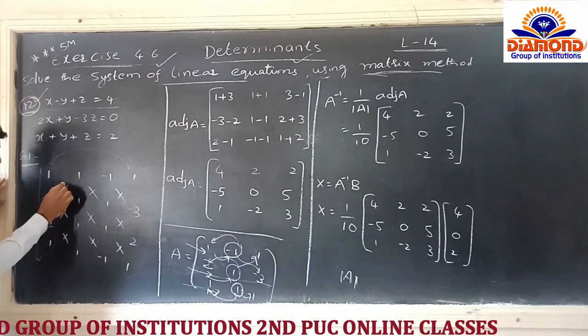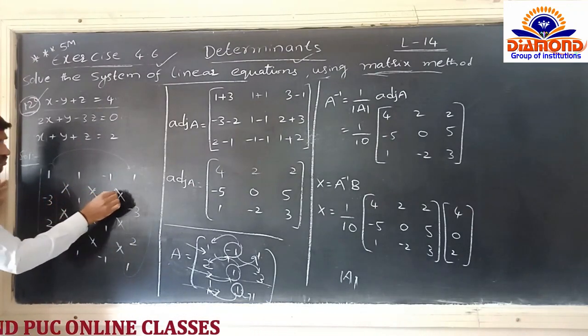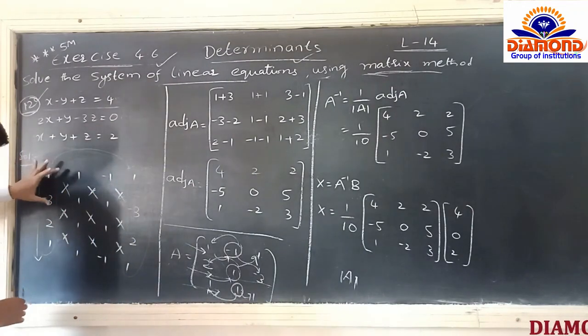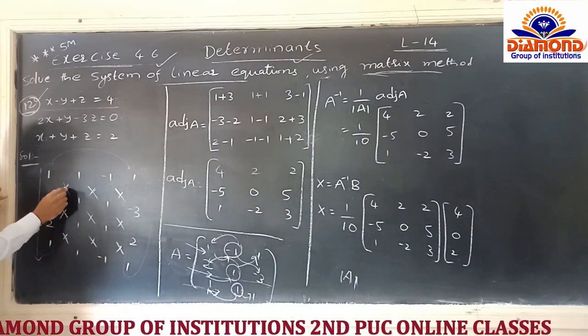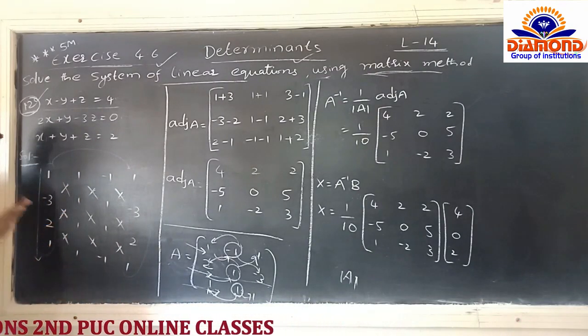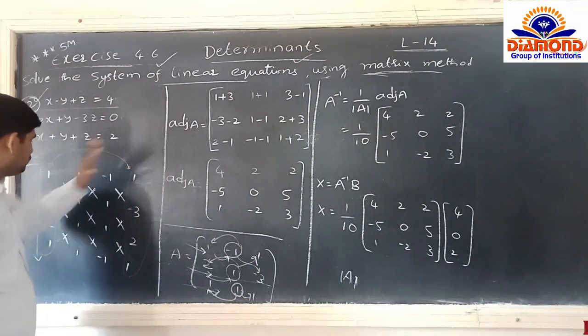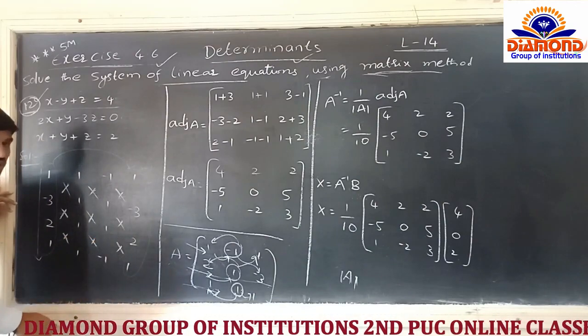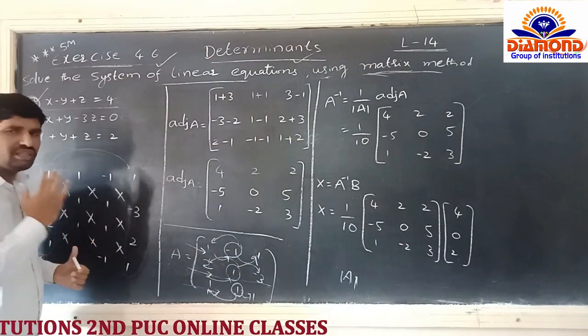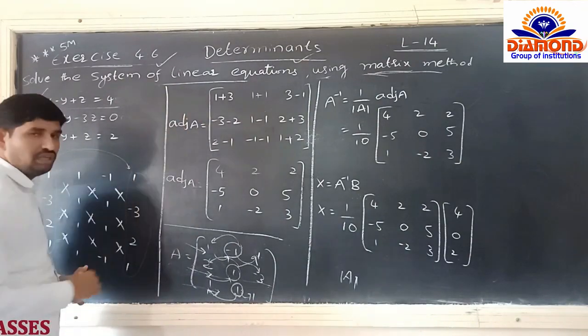So now see here, just make the cross multiplication like this in between the four numbers. In between four numbers we are writing the cross multiplication. See, 1, 2, 3, 4, cross multiplication like this. Okay. After that we can write the adjoint A. Sir, how are we writing the adjoint A? Whatever the cross multiplication symbols are there now, just follow that. Just make the multiplication. We can have the adjoint A.